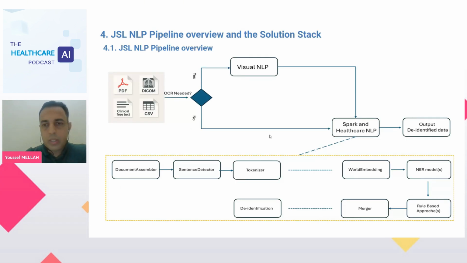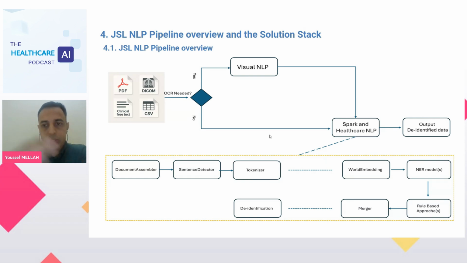So the first check is whether the document type is visual. If it is visual, we need some of the OCR techniques that are included in the John Snow Labs Visual NLP in order to extract the data from scanned images, for example scanned PDFs, or from the DICOM pixels. After that, we can feed the text into the Spark and Healthcare NLP pipeline. Or if we have clinical free text, we can just feed the text into the Spark NLP Healthcare pipeline